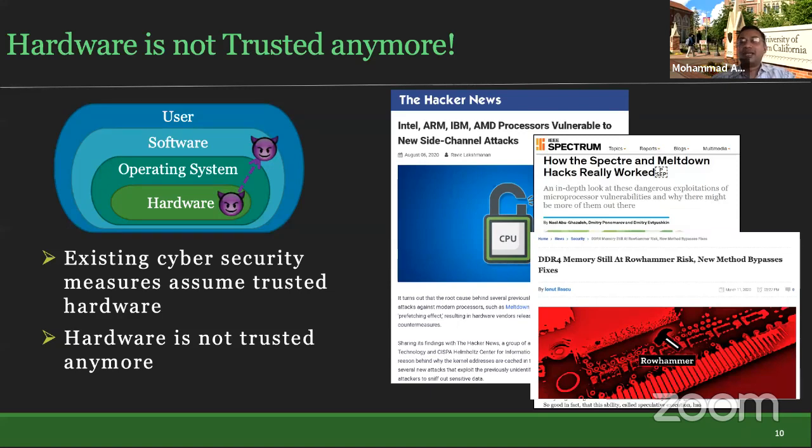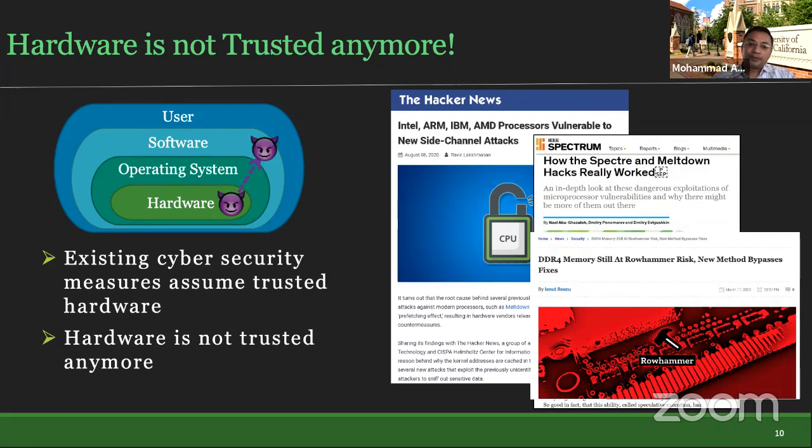And it happened. In fact, we have recently seen many examples, like the Intel and ARM microarchitectures, the instruction set architectures you see today, being vulnerable to side channel attacks. There have been many examples. People have shown that all these microprocessors are vulnerable to side channel attacks. Then there was a huge media article about the Spectre and Meltdown attacks. The Spectre attack basically said that you can no longer have trust between the software and hardware partitioning. Same thing for Meltdown. And also the memory Rowhammer attack is one example in memory that got